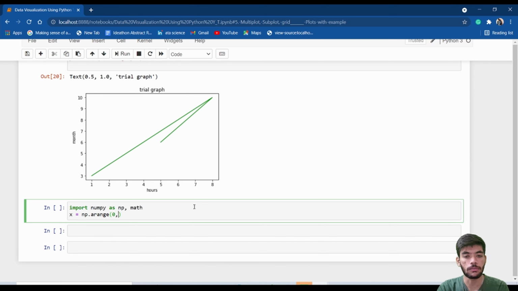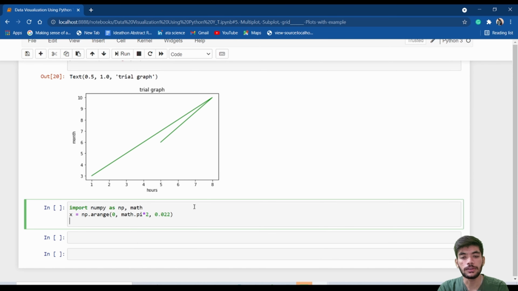I will write 0 comma math dot pi square, and now we will write our values, 0.022, I guess. You can write any value you want.